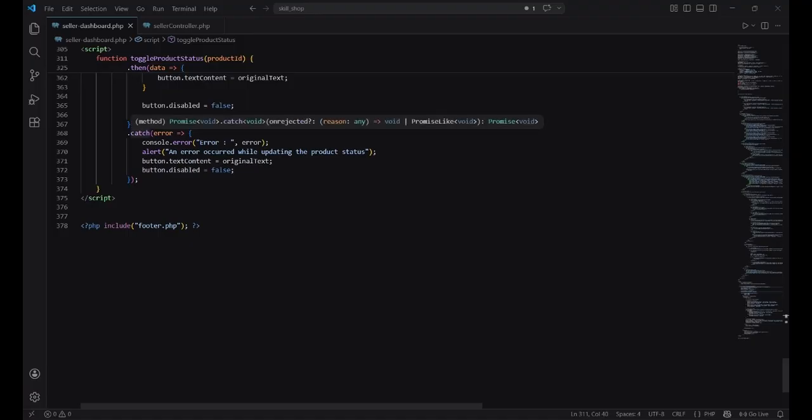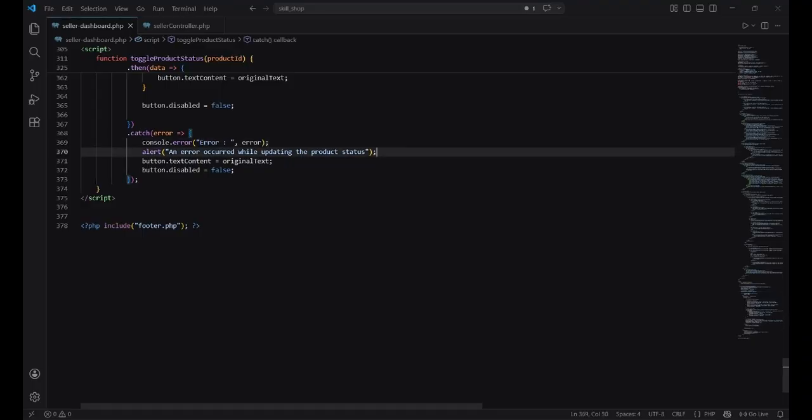So in the catch area, I have checked whether any errors occurred. If errors occurred, I have set to show that error in the console and to alert the text: error occurred while updating the product status. So the user cannot see the actual error, he gets the message, error occurred while updating the product status. So the developers can check what the error is. And I set to turn the button text to original text and to enable the button. So let's go to our